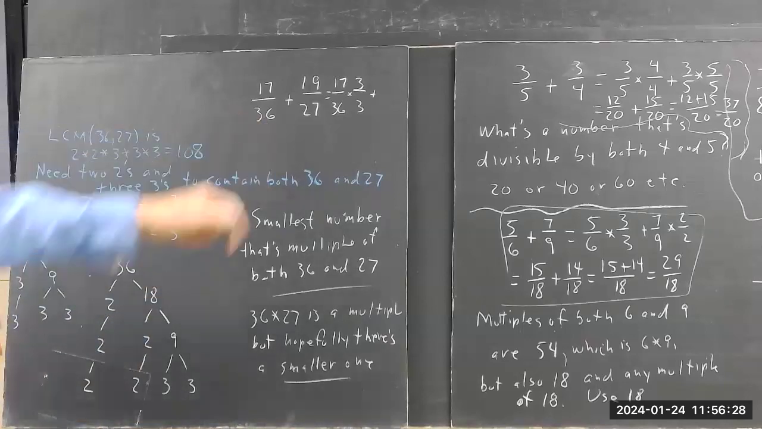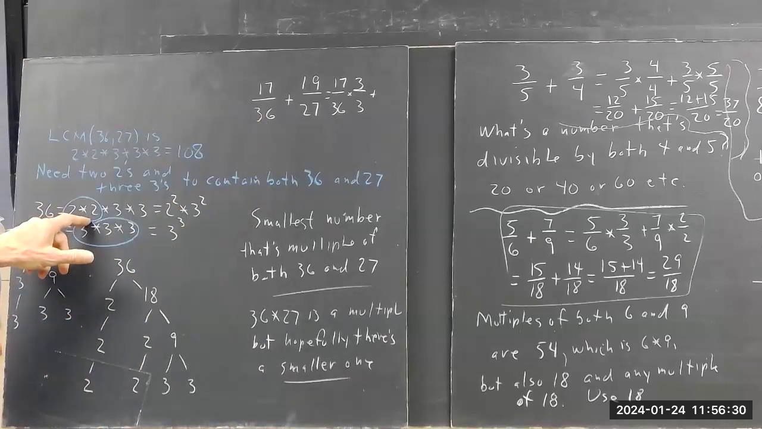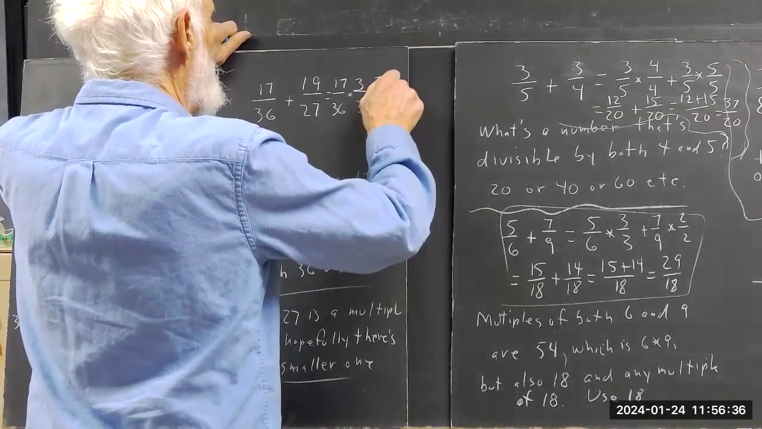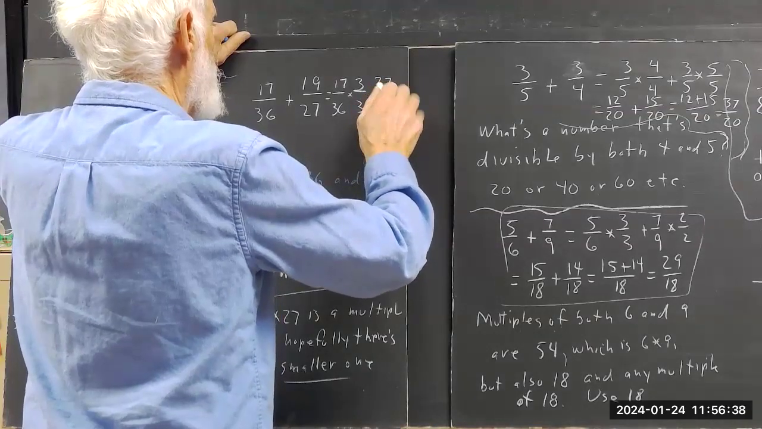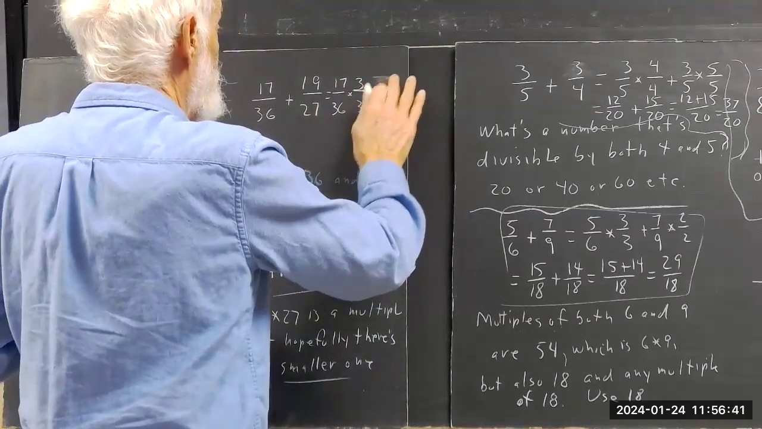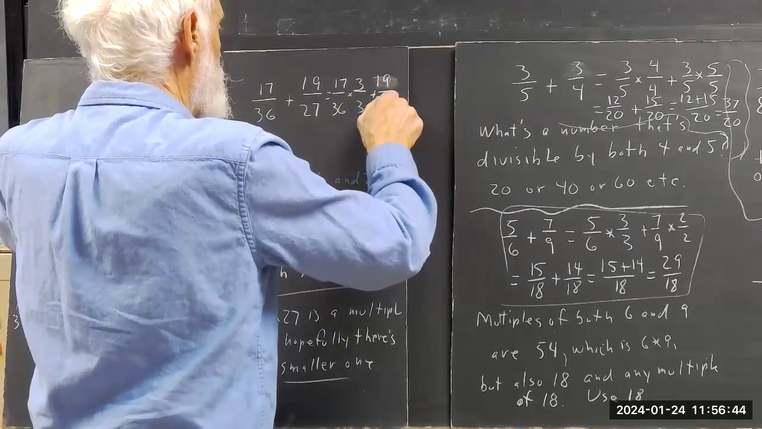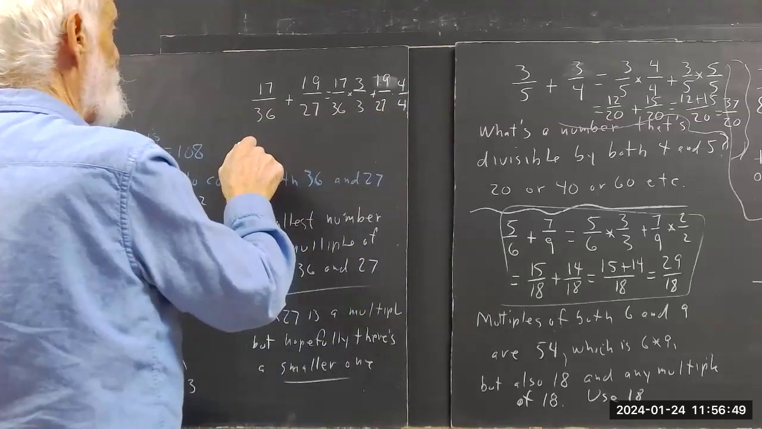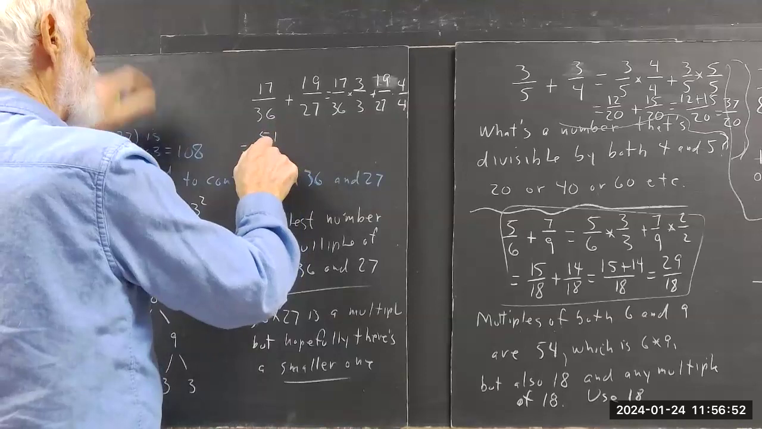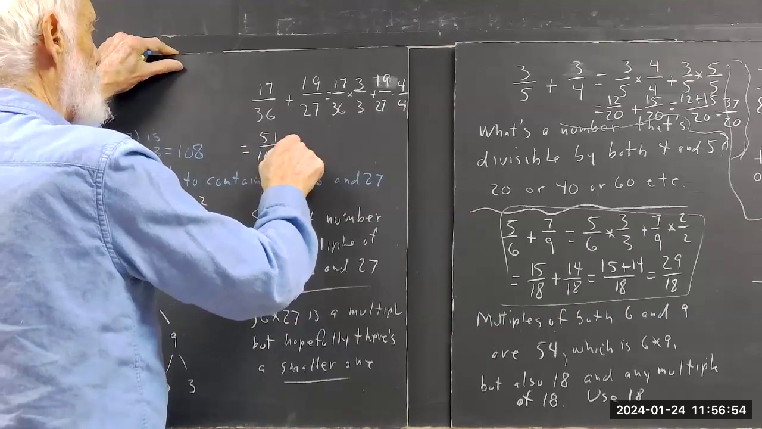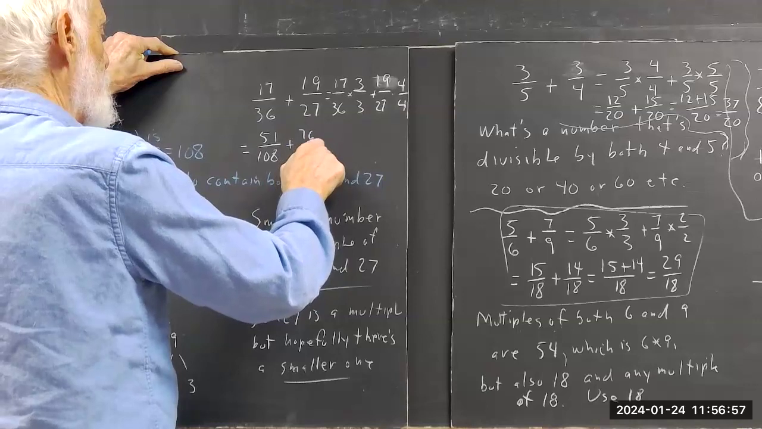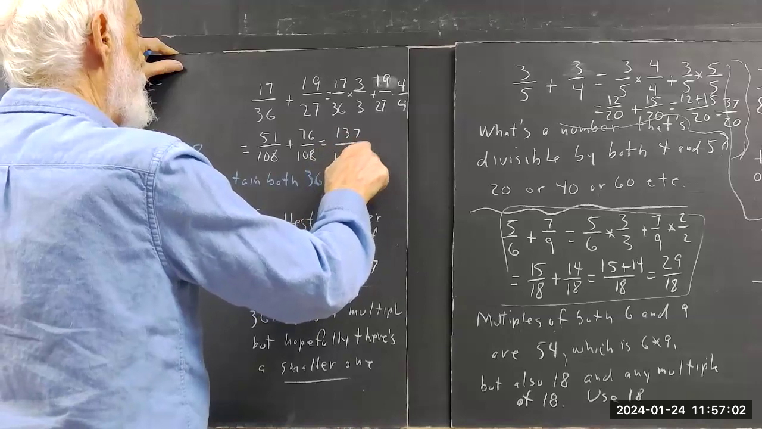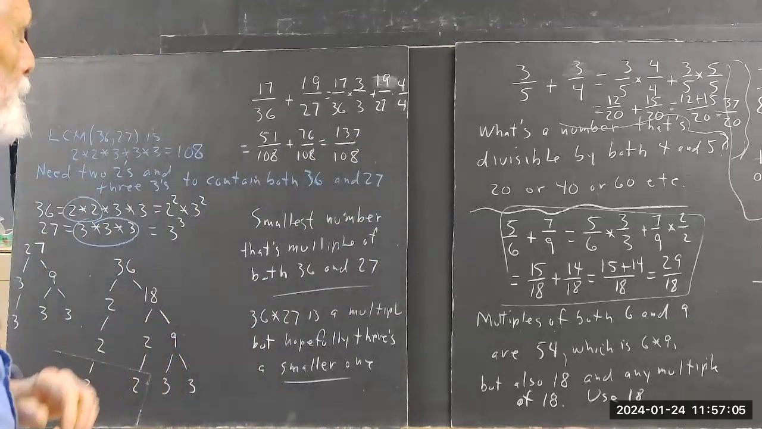And 27 lacks a pair of 2s. 2 times 2 is 4. So we're going to do 27 over, sorry, it's 19 over 27 times 4 over 4. That equals 51 over 108 plus 76 over 108, which is 137 over 108. And I'm pretty sure